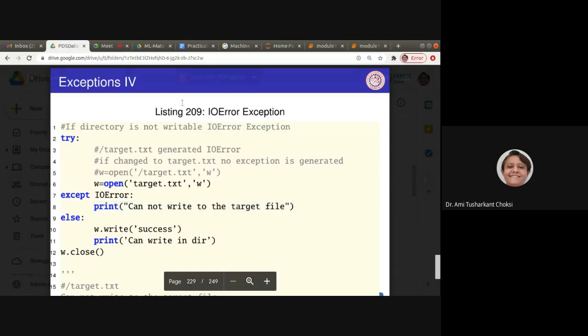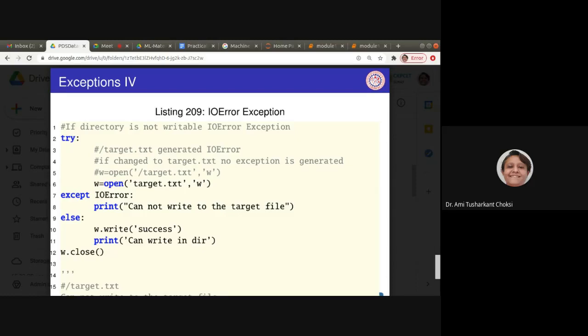What we do in this particular program is we are opening the file, and that can generate the exception, so we have written the code inside try. Thereafter we are handling the exception using except and IO error. If it is there, we give the notification, print cannot write to the target file.